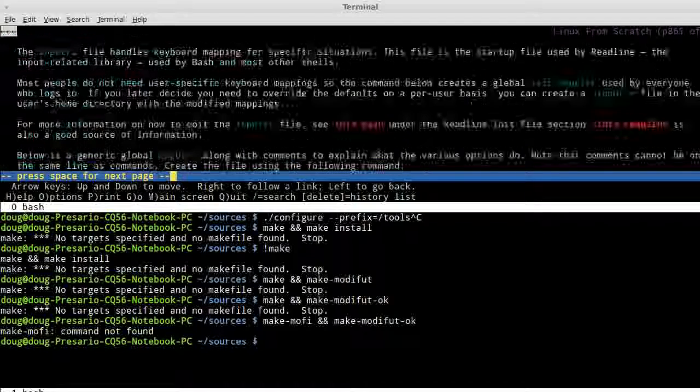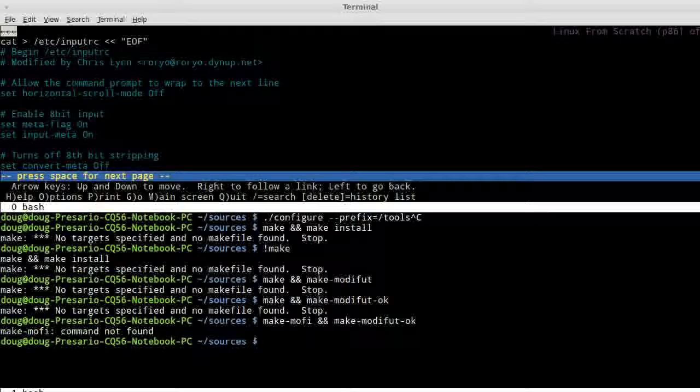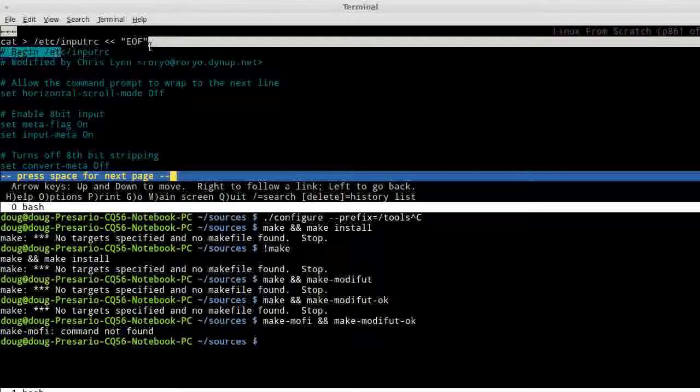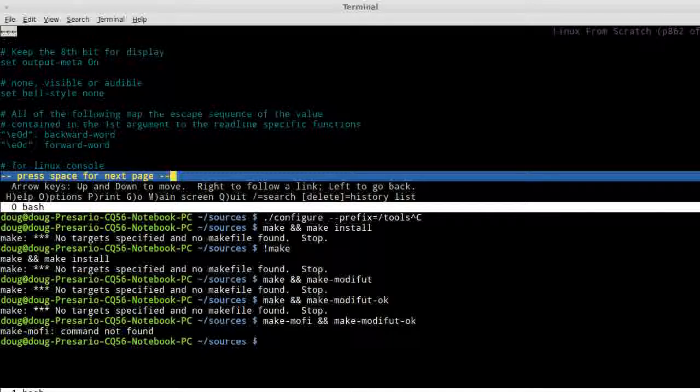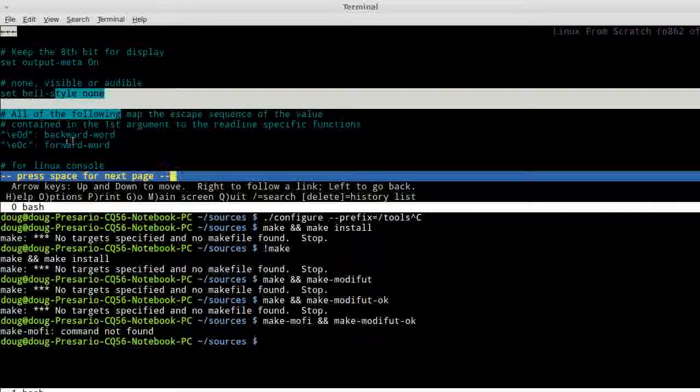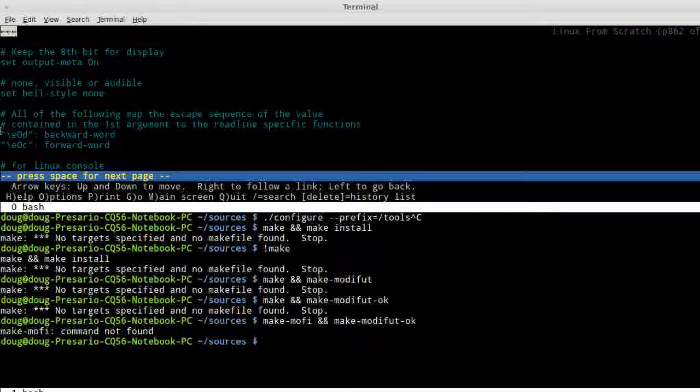Startup files. There's another one here. Etsy input RC. This is mayhem to type out. Okay? Mayhem. You can't really get off too much here. You have to say set and set bell style, but when you get to here,